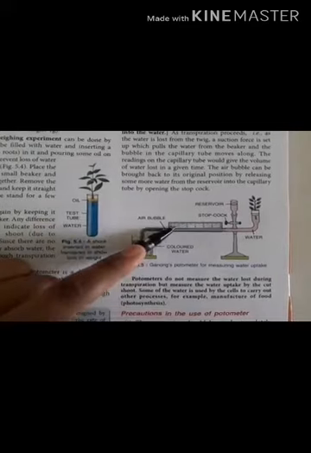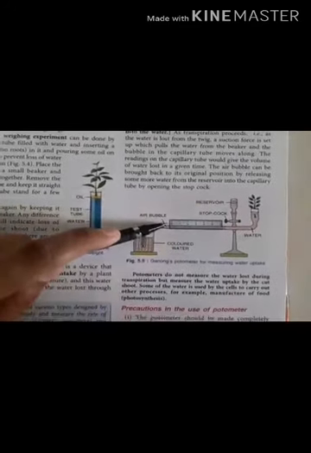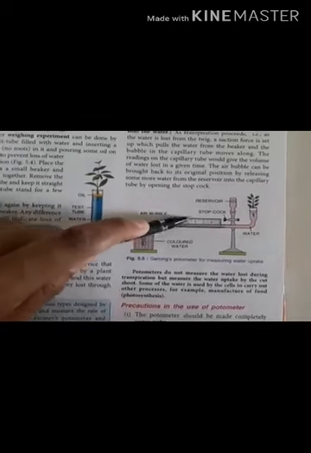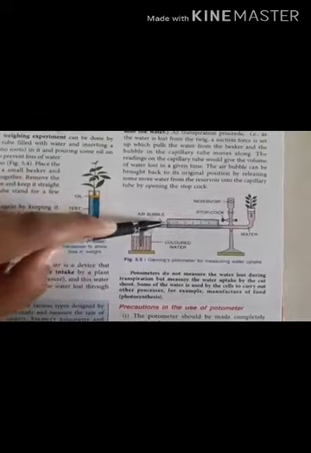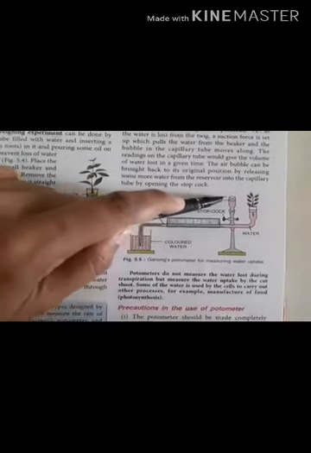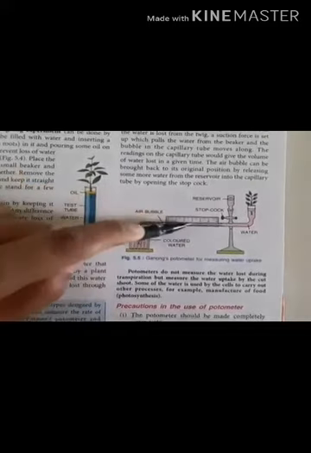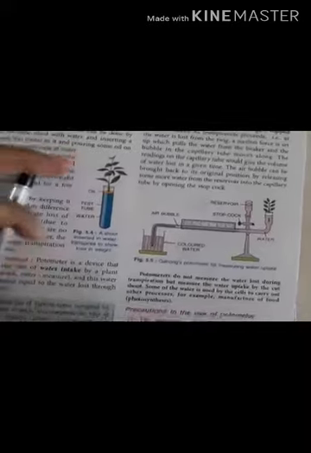Now the air bubble, again you have to bring it back. How is it brought back? By just releasing some water. As the air bubble proceeds further, you are supposed to take the readings over here. If you want the air bubble back over here, you will open this stopcock. As you open the stopcock, the water will enter and the air bubble will go back. Are you understanding how it is done? This is the setup of Ganong's potometer.